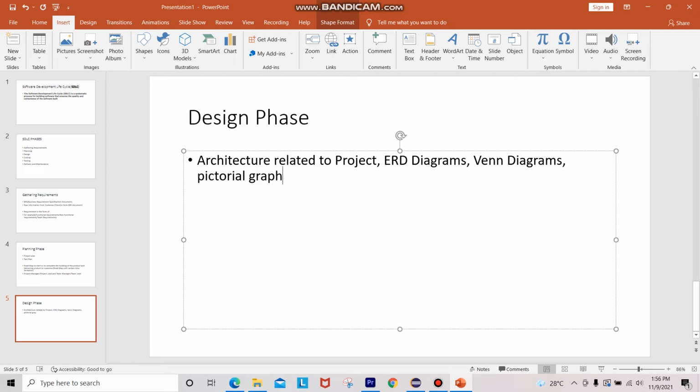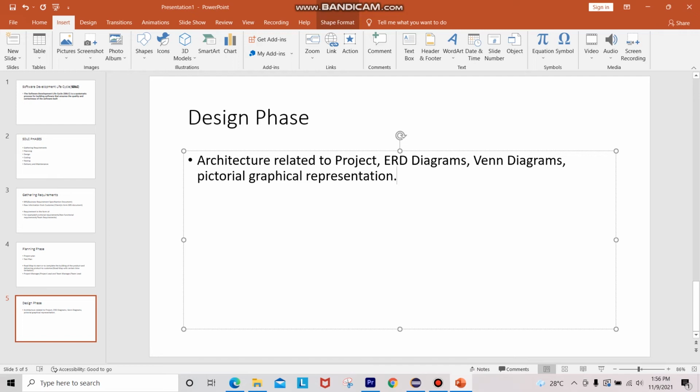So in the designing phase we need to have some graphical or pictorial representations, along with the project architecture. Here the software analyst or system architect will be involved.